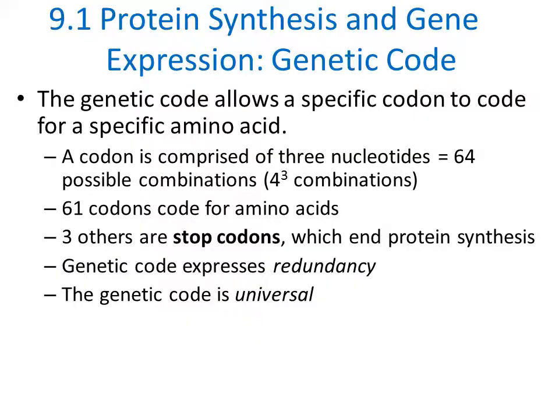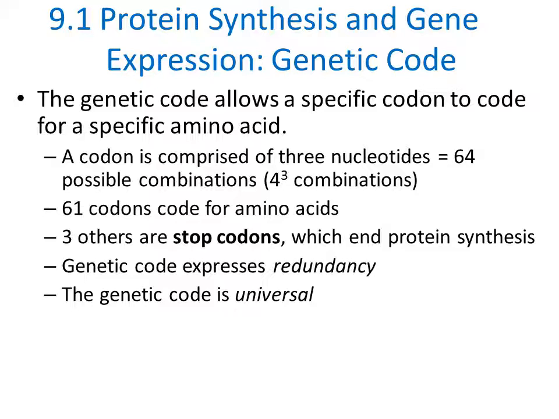So how do we know which anticodon is complementary to which codon and how that specifies for a particular amino acid? Well, we have a genetic code. This genetic code allows for a specific codon to code for a specific amino acid. Since the codons are comprised of 3 nucleotides, and we have 4 different possible nucleotides, this gives us 64 possible combinations. We actually have 61 codons, which code for specific amino acids, and then we have 3 codons, which